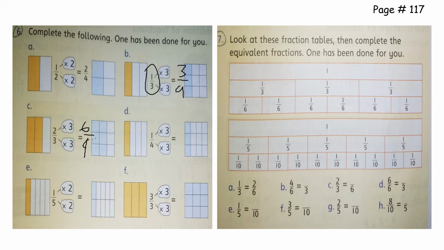Okay, now come to question number 7. Look here. How can we make 6 3? It means this fraction. Okay, we will solve this by looking at the table. The first part is 1 by 3 is equal to 2 by 6. So this is 1 by 3 and this is equal to 2 by 6. Now 4 by 6. It means we need to have 4 by 6.